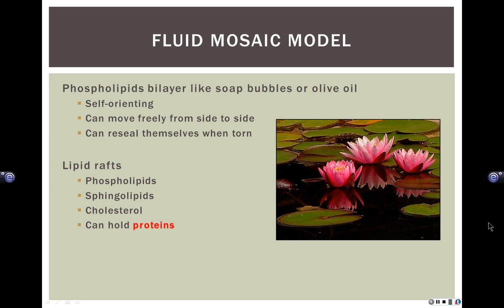And within the soap bubbly kind of phospholipid part are little rafts that are like lily pads. And these lily pads add more structure and stability to the membrane, and also provide areas so that materials can travel through the membrane and make channels to go through. So some of the materials that are in the little lily pad rafts or lipid rafts,